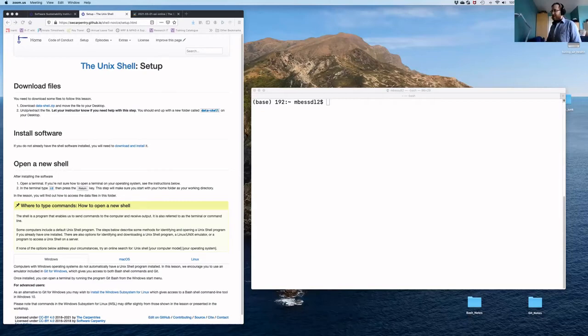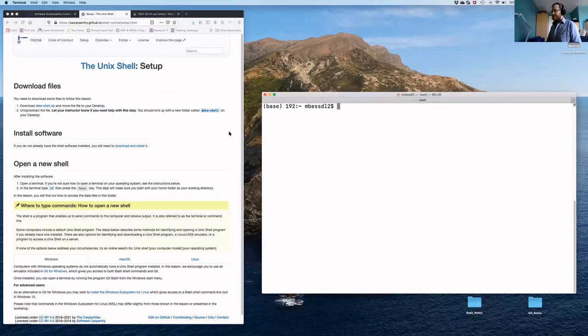Welcome to the first day. I'm going to be talking to you about Bash and introducing you to the Bash shell. This is the underlying interface for a lot of Unix, for all Unix computers. Now, to start off with this, we hope that you've all gone through the process of making sure that